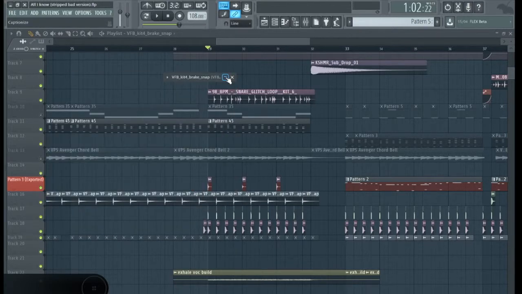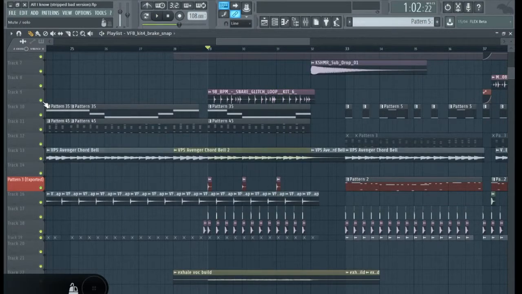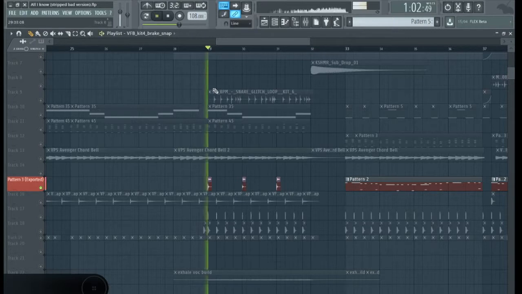A lot of reverb on it, a nice long decay, and then with this snare, just to add a bit of energy to it. It's a bit offbeat, really nice and syncopated, and really worked in the song. Along the chords, I've just got this extra snare in the one